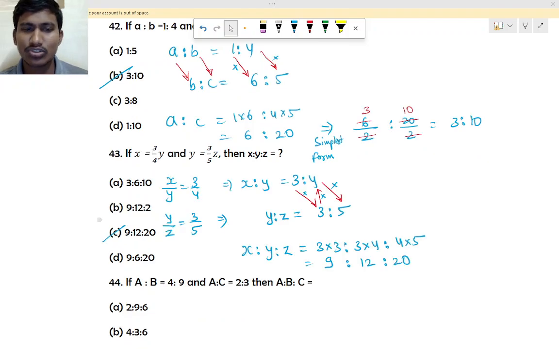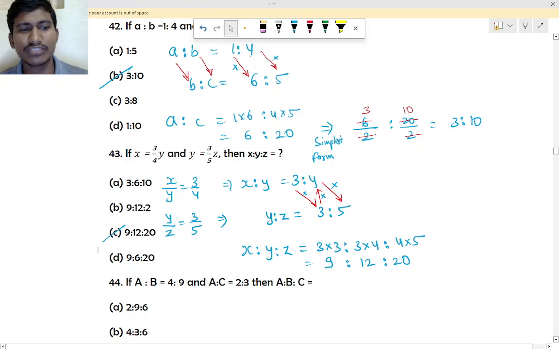Okay? See here, that is 43 question, very easy. So we have to just 9 is to 12 is to 20. This y we have to bring it to this side. Okay, it is in multiplication, means if you come to this side it will divide. Here z is the rate, it is multiplication, means it comes this side, means divide. So we have to now write it in ratio. 3 by 4 means 3 is to 4 here, and 3 by 5 means 3 is to 5. Now you have to multiply. Okay, now got it?